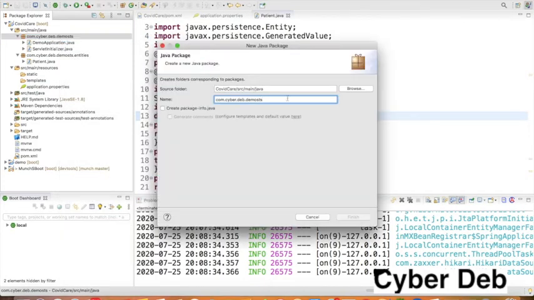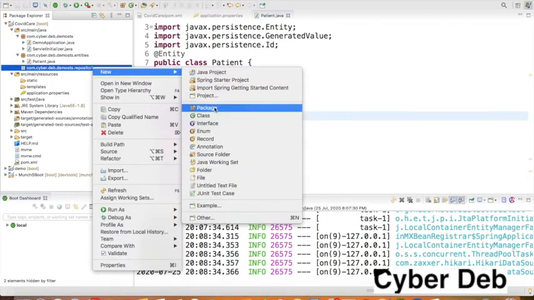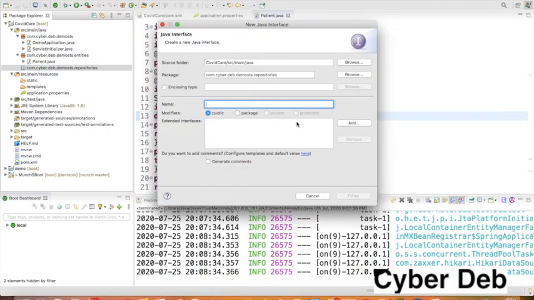At the end I will mention repositories. So repositories is the next step. So I created the package. Here I will create new, then interface, not class. I will name it, suppose, patient repository.